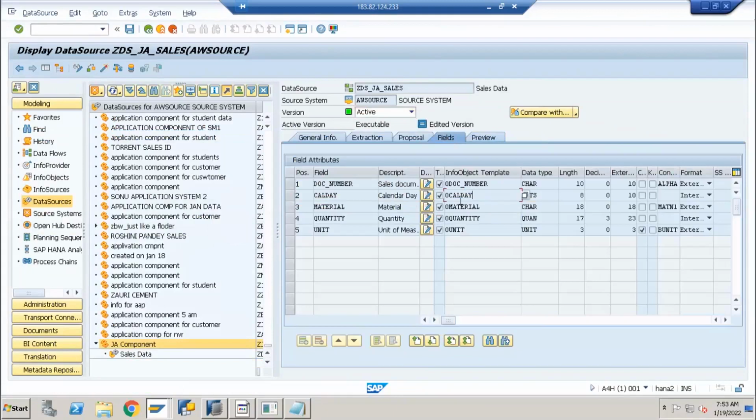This is how we create it in the old systems, but now in newer BW, we can completely ignore the info object. Without providing any info object, you can create the info data source. But you should know the data type and length of each field.